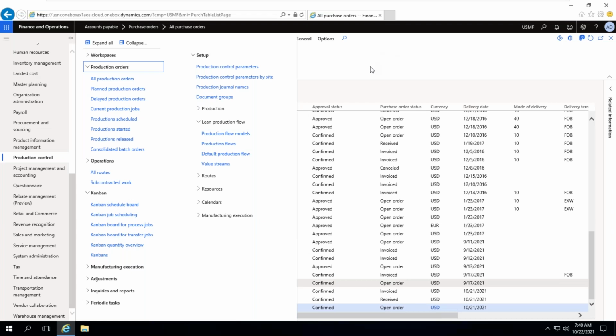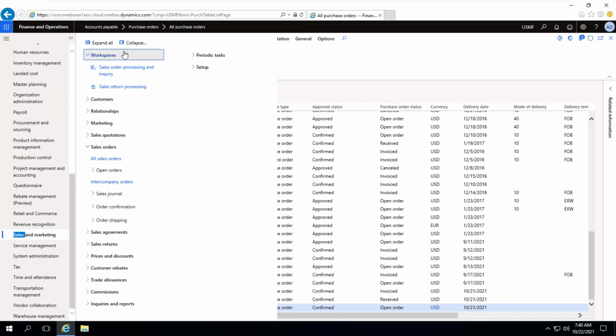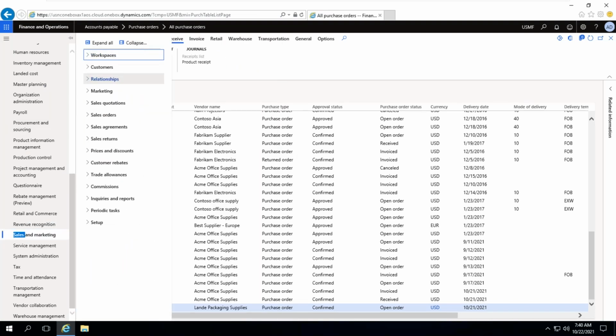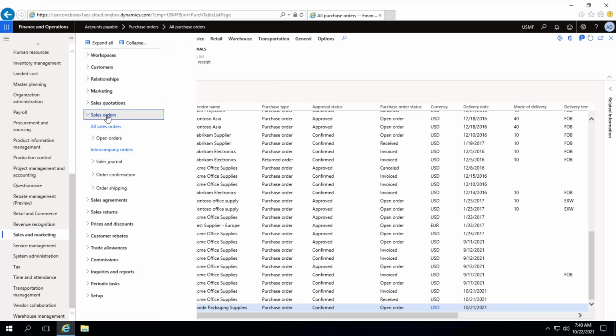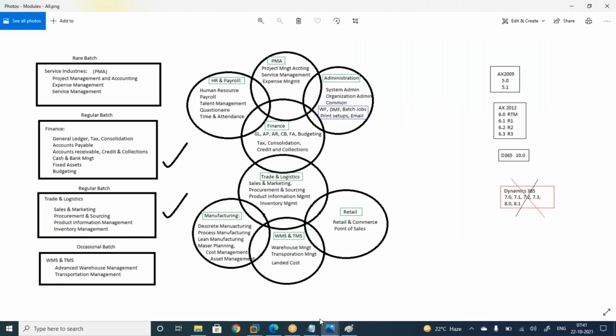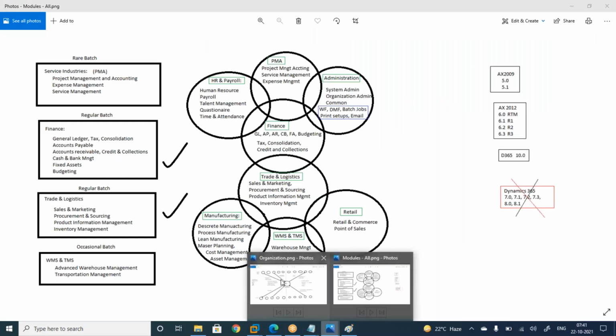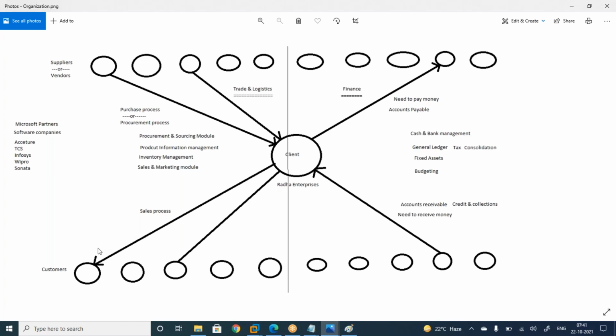Fine. Let me show you the sales order process quickly. Go to the sales and marketing module. Sales orders, all sales orders. That means in this process you are selling material to your customer.